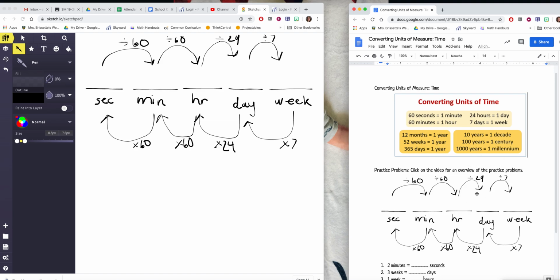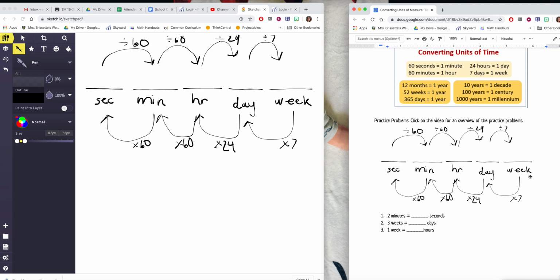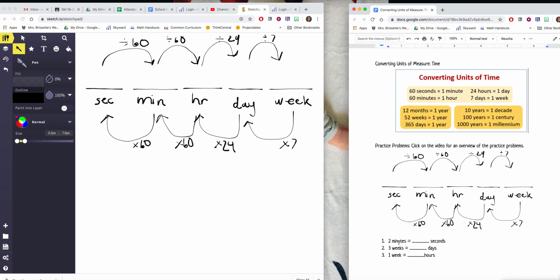But we've got 3 practice problems to go through, and then you will have some more time to work on your assignment and filling this out. So let's start with the first one. 2 minutes is equal to how many seconds? And this chart I just copied and pasted over to here. I wanted it to be similar to what you're used to from the last few measurement assignments,